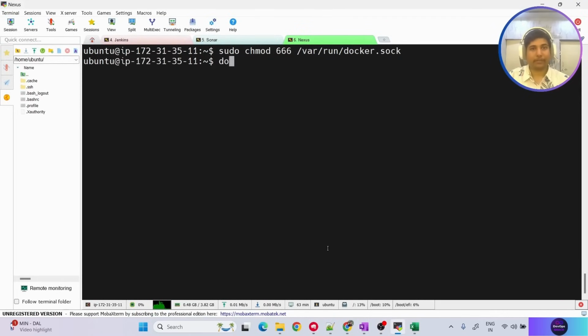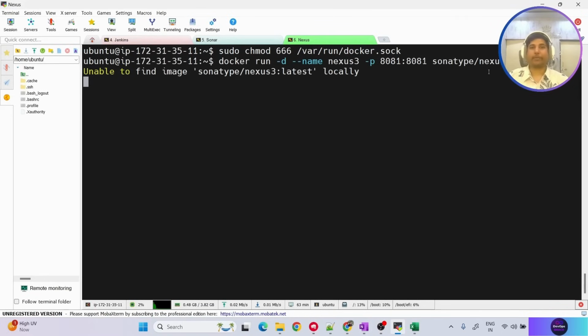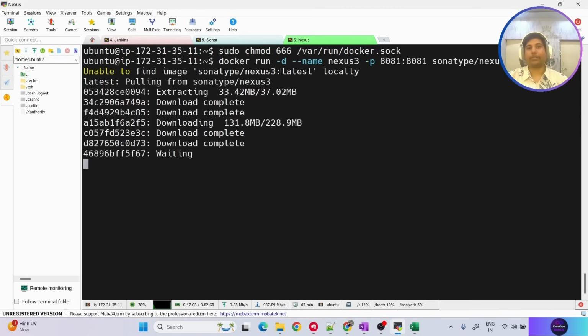Docker run -d for detached mode, --name we can give, let's say just nexus or nexus3, -p. So which port will Nexus be running on? By default it's 8081. Okay, and here we need to provide the Docker image name, which is sonatype/nexus3. So we are going to install the latest version. You can see it automatically understood, since we did not provide a tag, that we are asking for latest. Okay, so let's wait for this to complete,